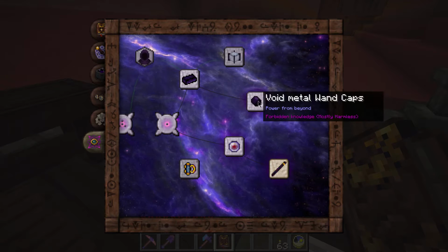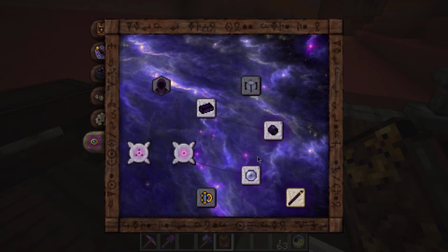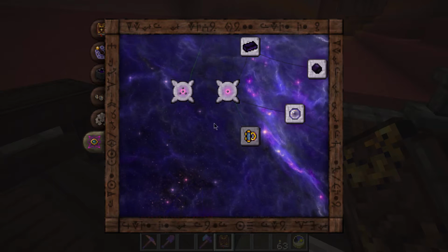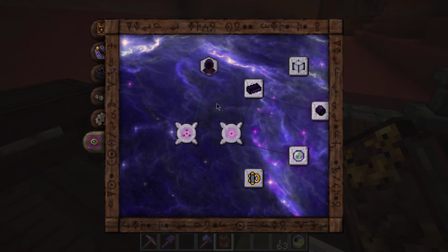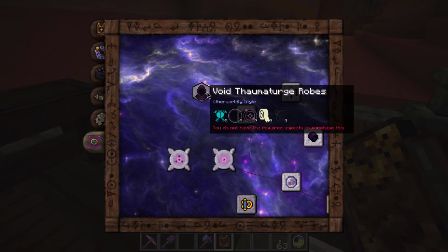Anyway, we've got ourselves the new parts of the wand. You can't make a wand with void metal wand caps and a staff core, at least not yet, but yeah, there's several other things inside the Thaumonomicon, there's several other things inside the Eldritch Tab that we should go ahead and get our hands on, and I think what we're going to do is start over here with the